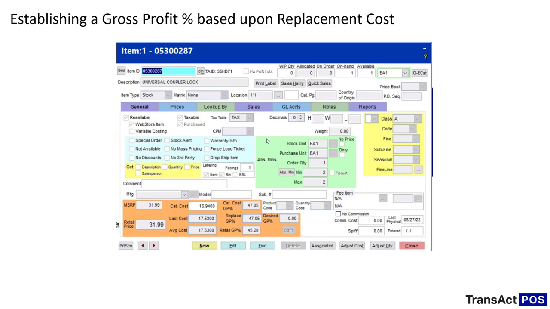Next, along with the idea of electronic catalog, is the discussion about replacement costs and gross profitability and retail prices. In this example, there is an item, the one we saw earlier with the $31.99, which has a current replacement retail GP percentage of 45.20, which is based upon the average cost. The replacement, which is this value, aka catalog cost, has a replacement GP percentage of